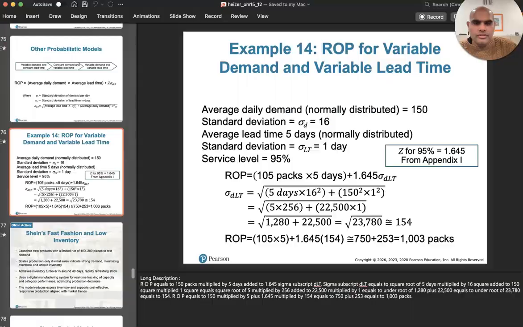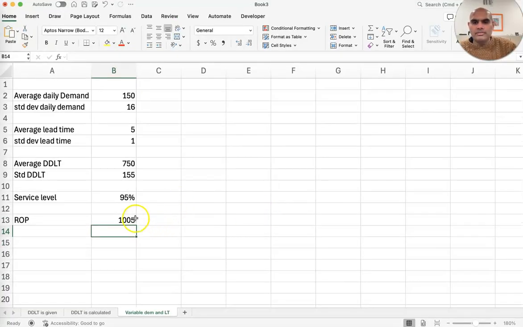Yeah. So in this case, they calculated 1,003 because they approximated this to 154 instead of 155. I like rounding up, so it's slightly more, but otherwise it's very similar. So as soon as your inventory level hits 1,005, you trigger the next order. During that time, you'll likely use up about 750 units of inventory, but there is a possibility that you might use up more. And the reason we are keeping that safety stock on hand is because we want the service level to be 95. Now, let's say that you only use 700 units and the next order arrives, which means that you have